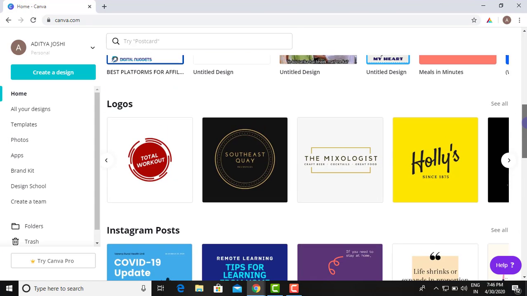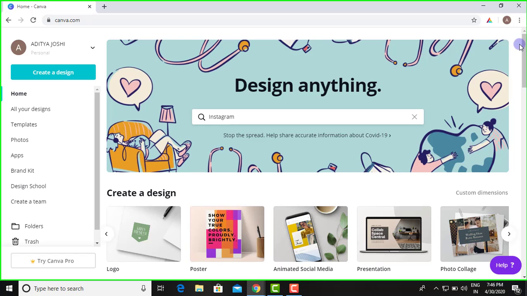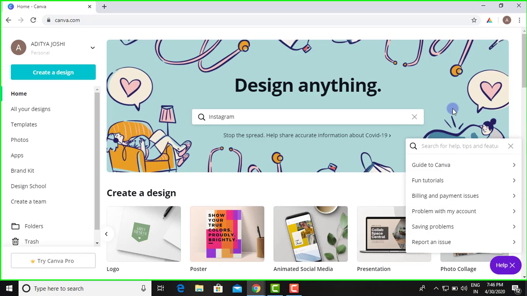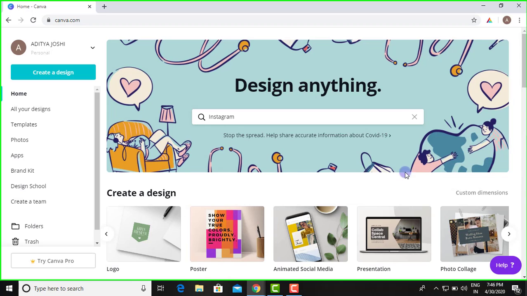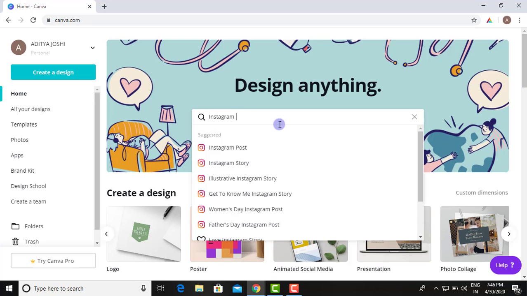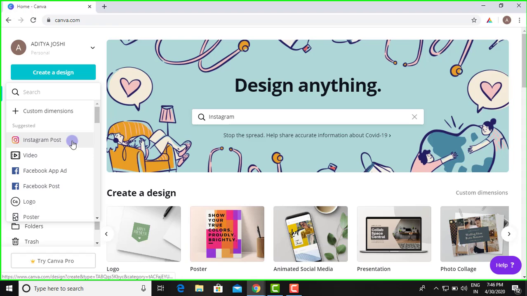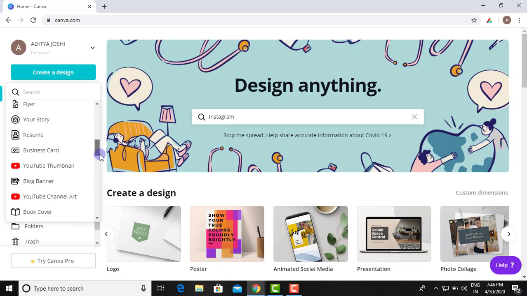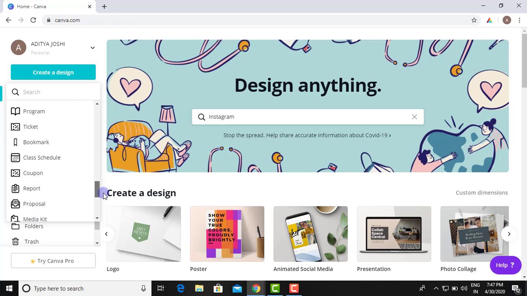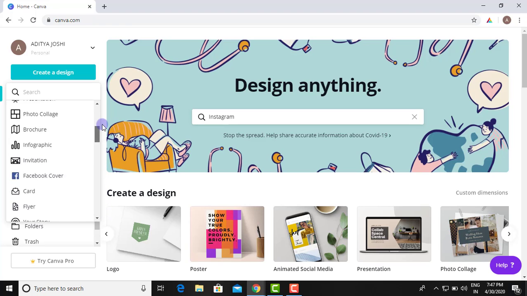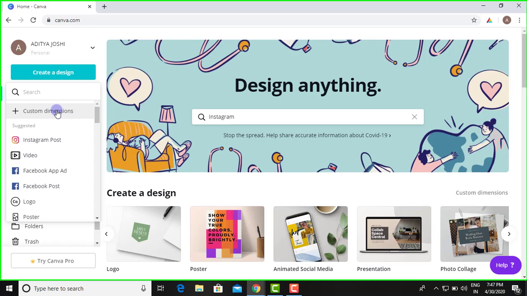So now this is the basic tool of Canva. We are going to first start with a basic Instagram post. Before that, this is the help icon where you can go and ask for help from Canva professionals. You can either type here on the search bar, or you can click on this tab that is create a design and scroll down and select what kind of design you want. You can have Instagram post, Facebook cover, YouTube thumbnail, certificate, reports, lesson plan, etc. You can even go for custom dimensions if you are not sure about your dimensions.